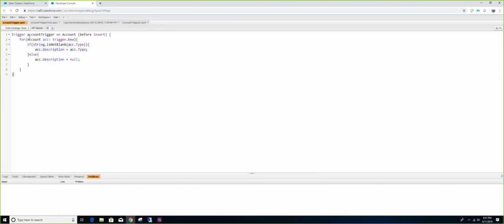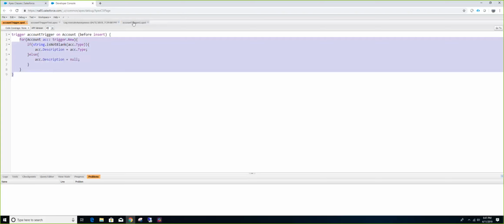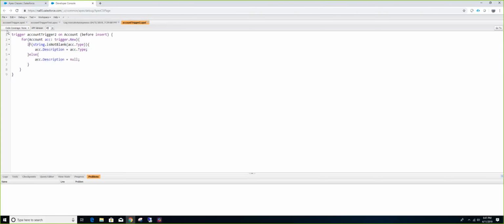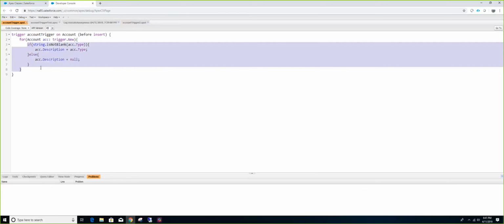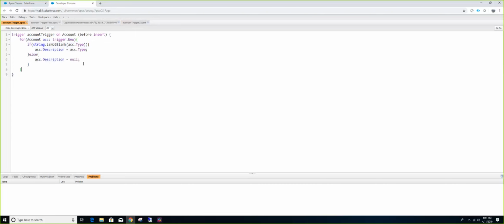Now developer 2, rather than writing the whole thing, can just add whatever logic they want to execute with before insert, or before whatever, within the existing trigger. Rather than creating a new trigger, they can just add the logic there, and it will be good. But again, it does not always happen if there is no clear communication,